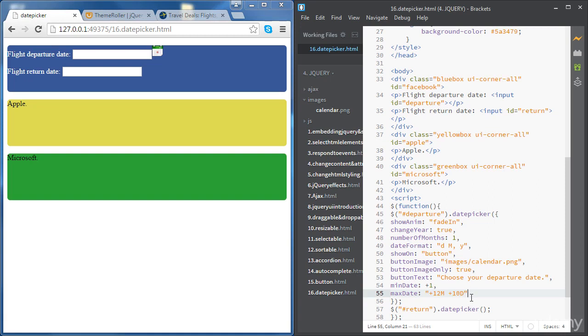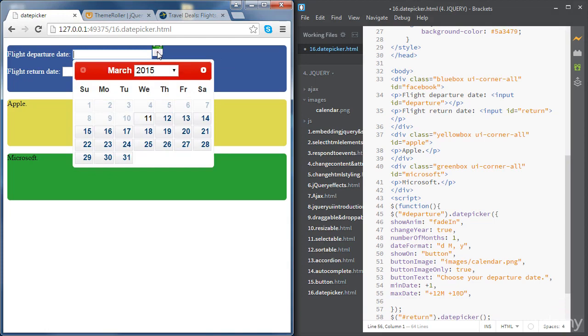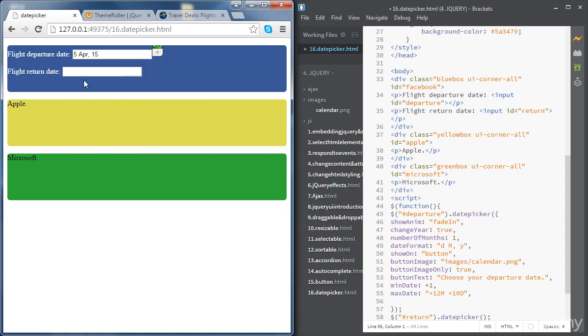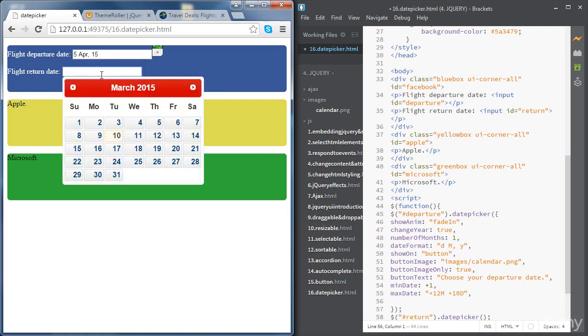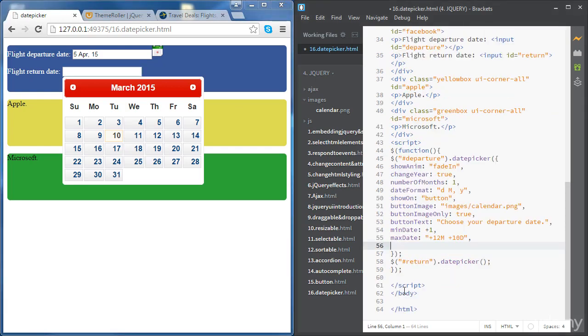All right. One last thing, if the user selects a flight departure date, okay, for example, 5th of April 2015, you want the user to select a return date, which is the 5th of April at the earliest. So one way of doing that is by using another option. It's called onClose. But before we do that, we're going to need both dates to have the same format. So we're just going to copy this format into the return date picker,